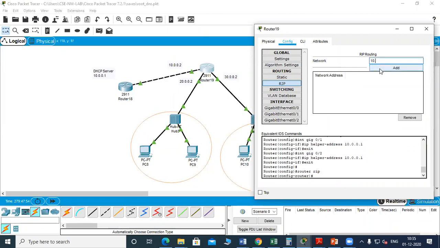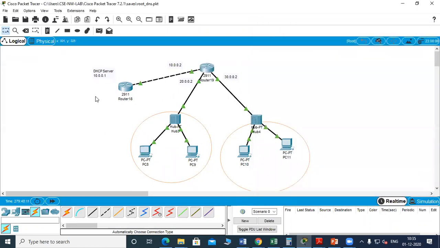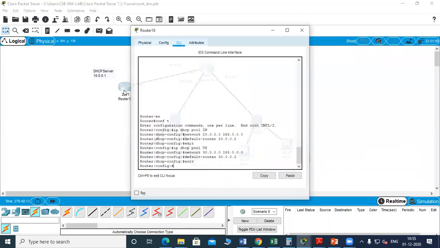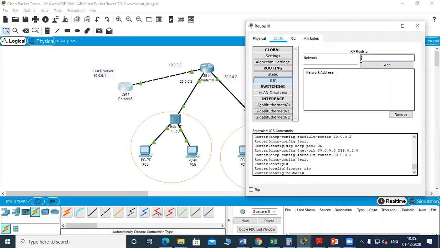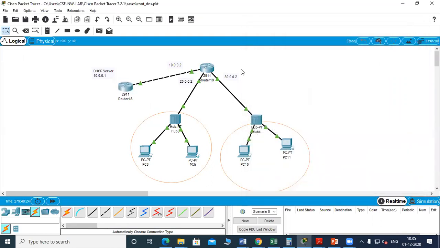So we'll add the addresses that are connected. Only the network ID is sufficient. Okay, now the routing tables are updated.